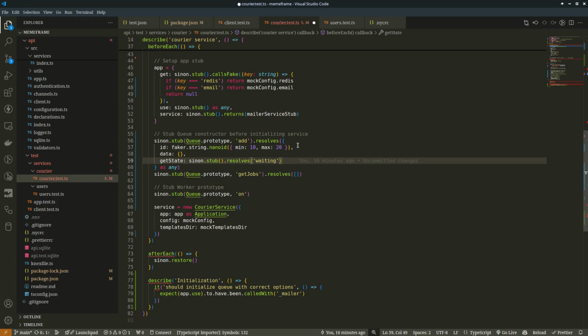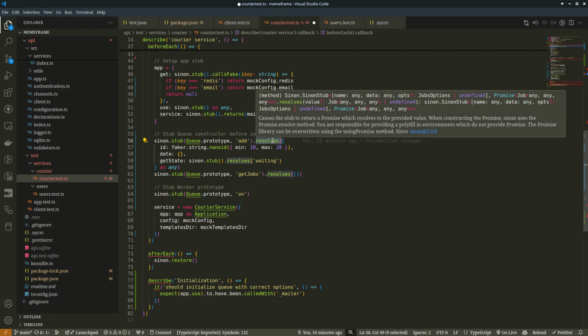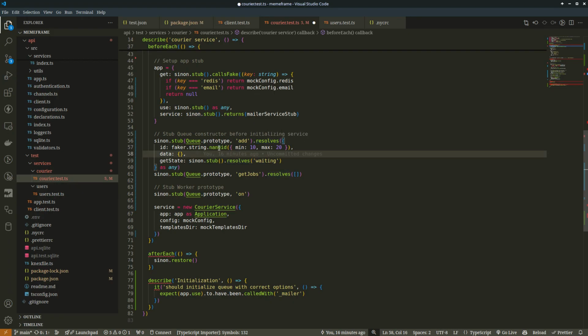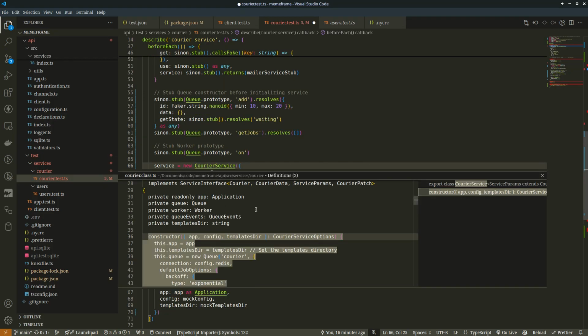Maybe yes, the response that we get back, what this thing resolves to, is supposed to resolve to the entire class if we're not mistaken, but that's not what we are interested in. So we just stub add, because if I go into courier service, you would notice that we have these